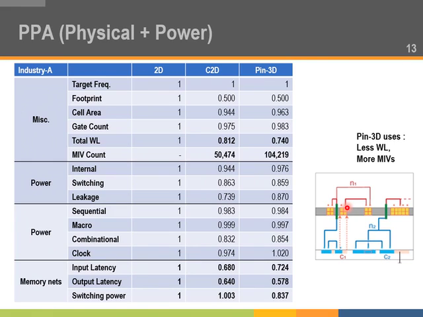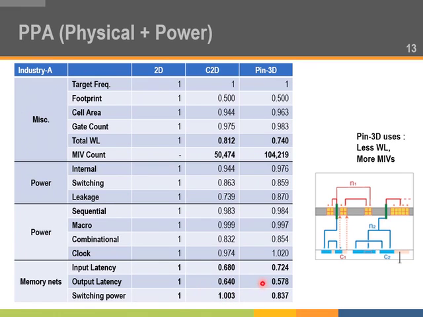For some nets, we have more MIVs, and even for some 2D nets like this, it can also have MIVs by going down to the bottom die and coming back up, in case the tool deems it necessary to reduce congestion or improve the timing. So as we said before, the memory nets are especially well optimized in 3D,